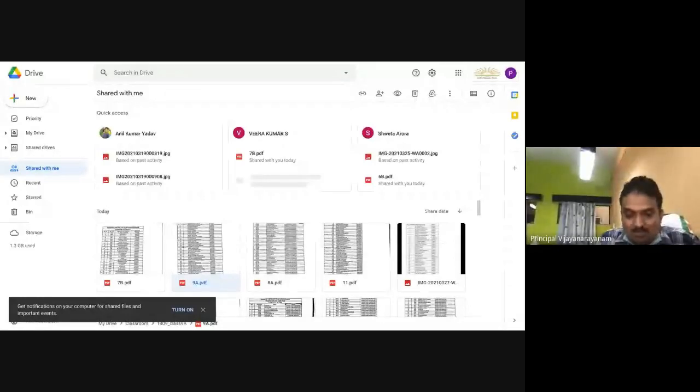Sixth one, go to the drive, remove shared with me and shared drives content if it is not required. Next, take backup. Last, delete old Google Classroom bookmarks. And the final one is for all the principal sirs and madams there.